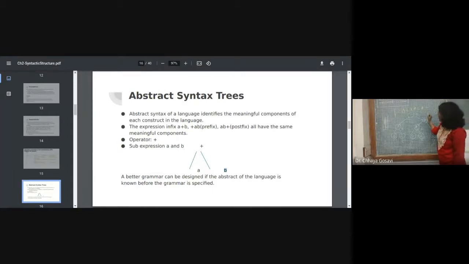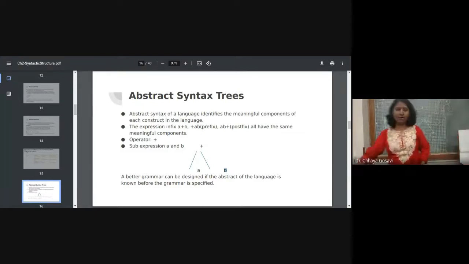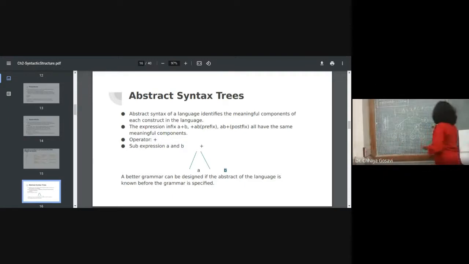Our expression is b raised to 2, b square minus 4ac. So what this expression is doing, it is performing a star c first and then 4 into a. Either you solve this way or you solve this way.